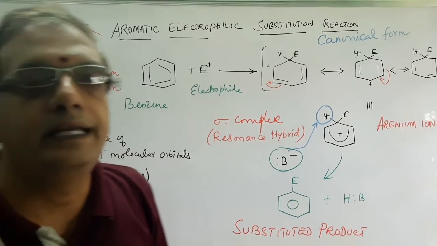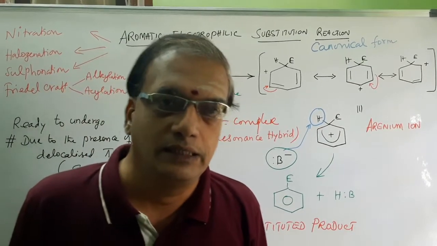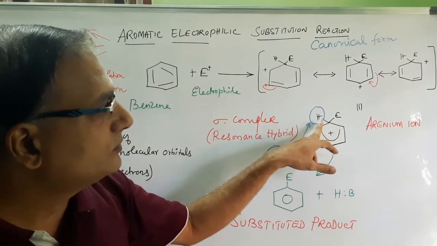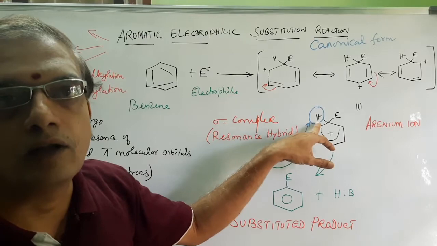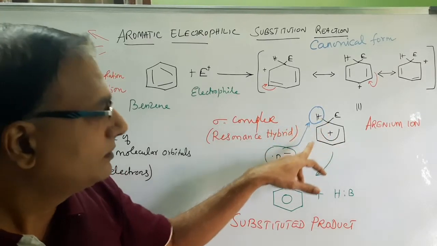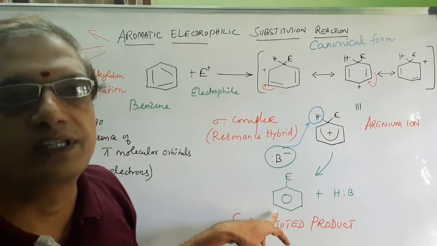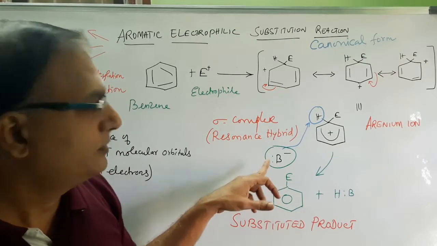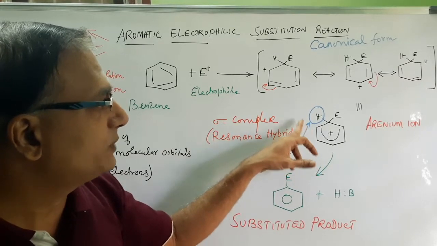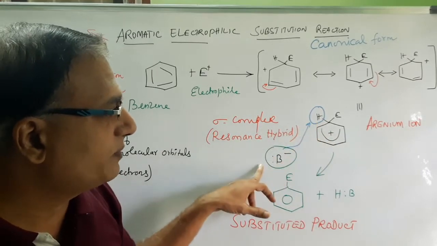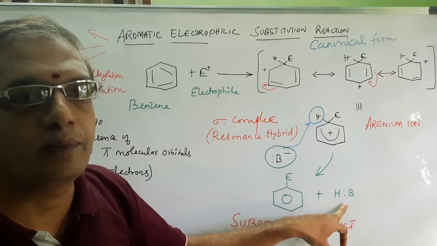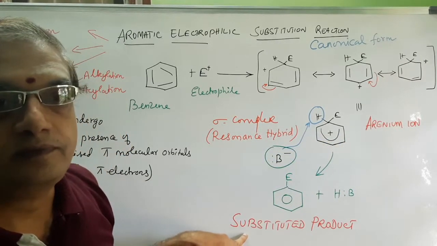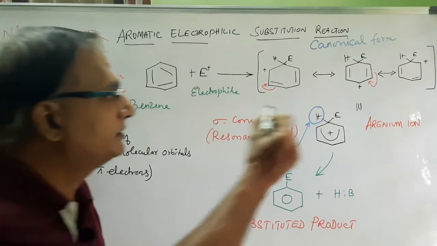Upon restoring the aromatic nature, the arenium ion wants to deprotonate, or lose the proton, to make our electrophilic substituted product by means of a Lewis base. So the Lewis base is attacking here in such a way that the abstraction of the proton by the base will take you to our substituted product.